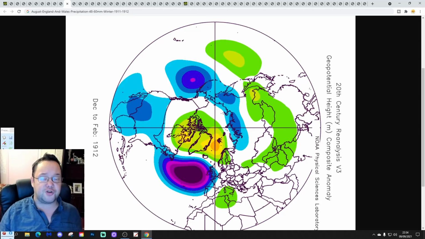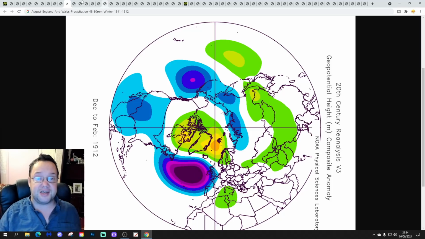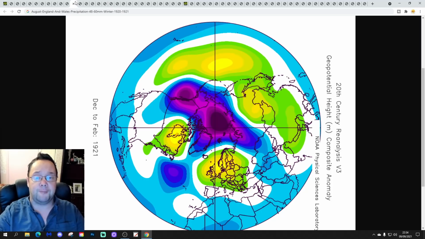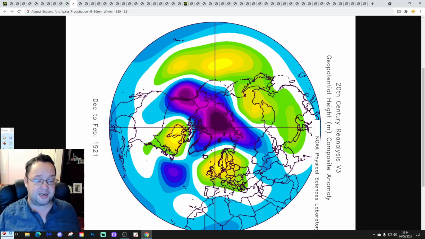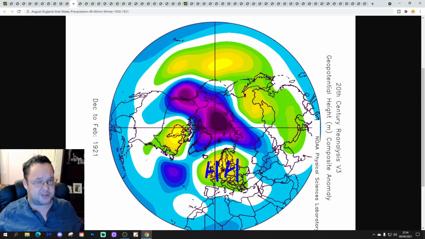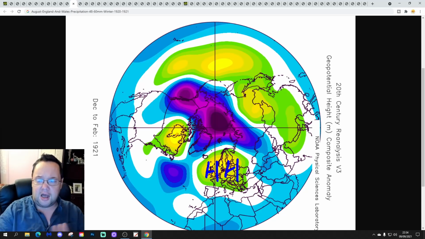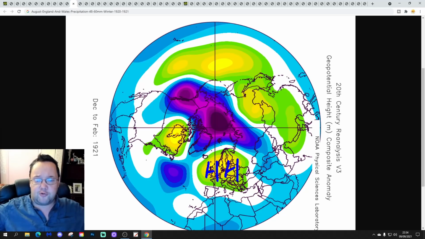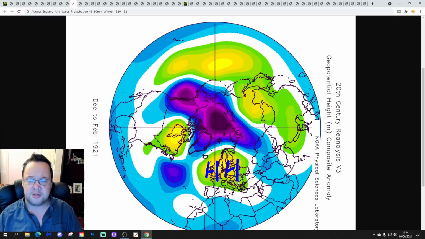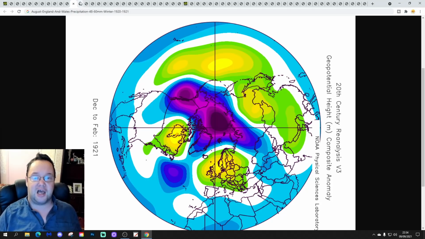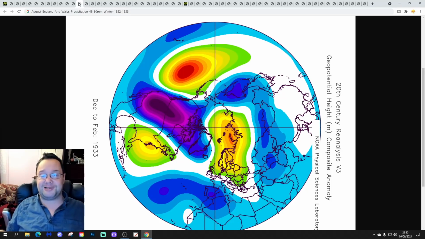Quite a long gap then through to 1911-1912. This one with lots of low pressure in the Atlantic and incoming westerly winds. That's a mild wet winter for 1911-1912. We've got 1920-1921 showing up, following August England weather precipitation range of 46 to 60 millimeters. And this one much more anticyclonic. I haven't seen many anticyclonic winters so far with this second winter update. But here we go. This is an anticyclonic one, relatively mild and dry, winter of 1920-1921.